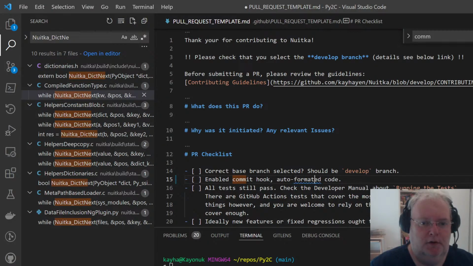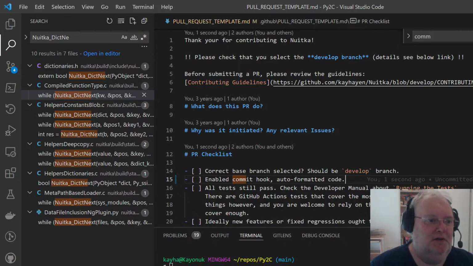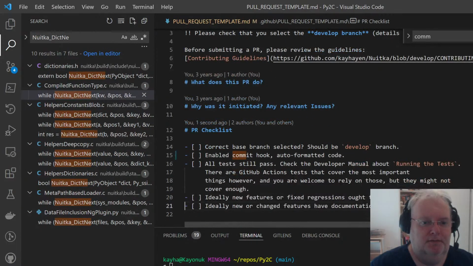Actually, the blue thing you see is because I have a spell checker and a lot of changes that I've been doing recently, correcting wrong spellings in Nuitka code. Auto formatted code.